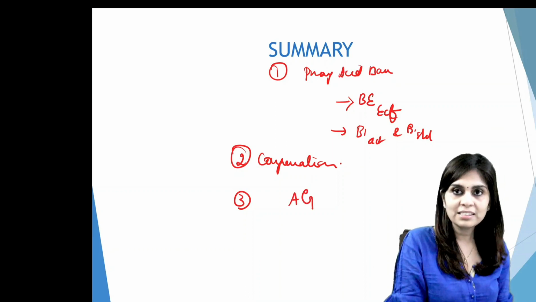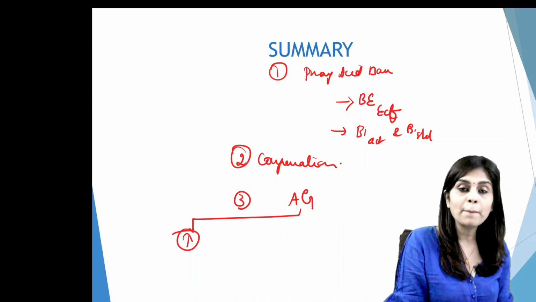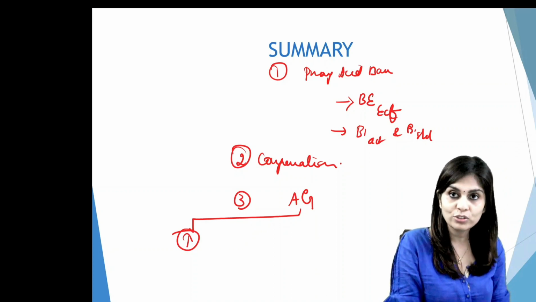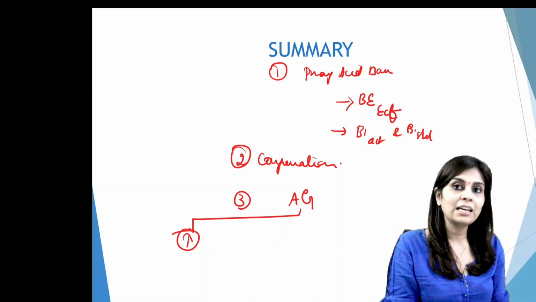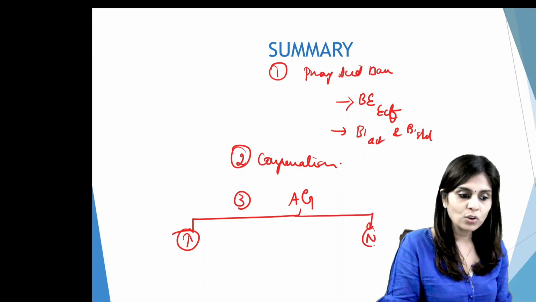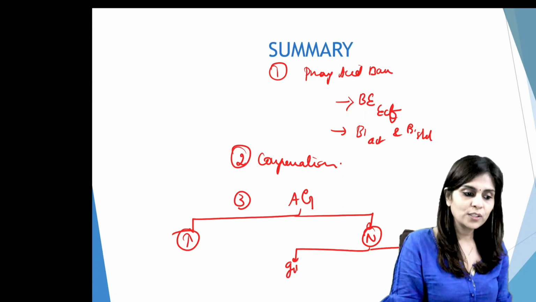Now listen to this carefully. If anion gap is high, the diagnosis is very simple. Some abnormal acid is getting generated. It can be lactic acidosis, it can be ketoacidosis, it can be alcohol poisoning, or it can be a renal failure wherein metabolic acids have accumulated. If anion gap is normal, it can be because of two reasons. One is GI loss of bicarbonate or urinary loss of bicarbonate.